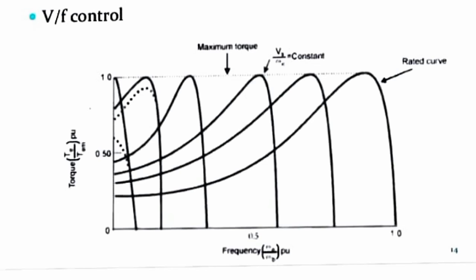Now the slip frequency f minus fN is added with the rotor speed frequency fN, which can be obtained if we multiply the rotor speed with P by 120. So we will get the desired frequency f*, because f minus fN plus fN equals f, which is the stator frequency or line frequency. With the desired frequency f*, we can get the desired voltage using a lookup table that includes the characteristic as shown. Next, the desired frequency f* is converted to angular frequency by multiplying it with 2 pi. Then the desired voltage and angle are the signals for the PWM control circuit.